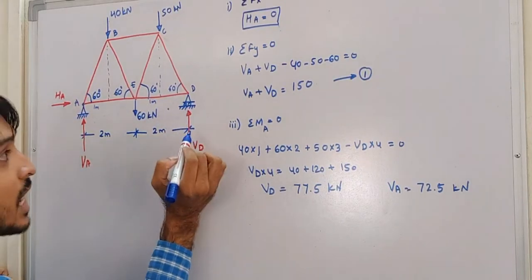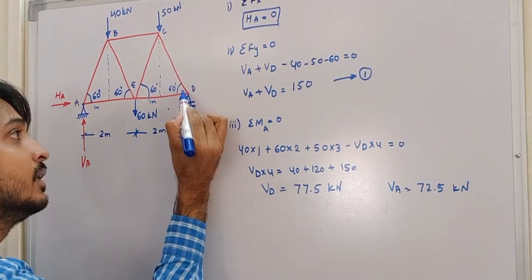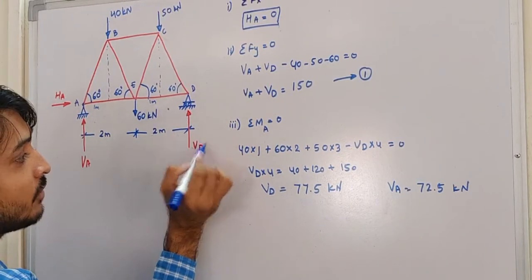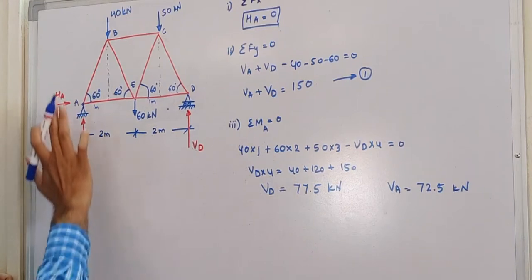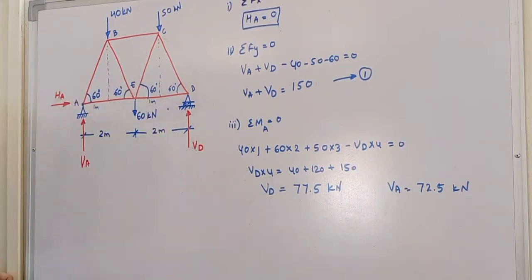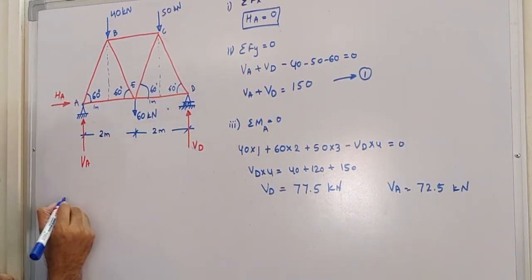Or even I can start from D also. If I take D, there is one vertical force, VD, and I know the value of this one, whereas this is unknown, this is unknown. Either I can start from joint A or joint D. If I draw the free body diagram